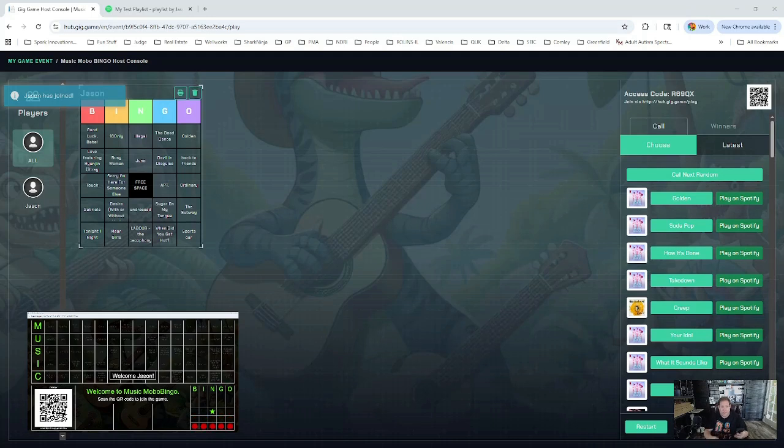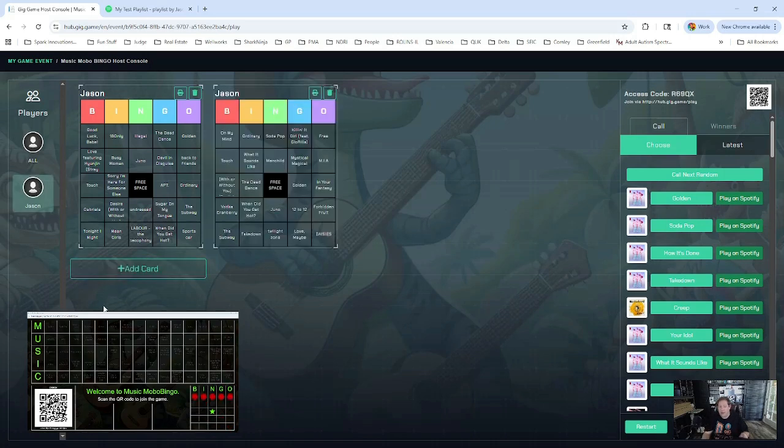It popped across the HUD, and suddenly my card appeared on the screen. And because I joined, it instantly gave me a card on my screen. Now, at this point, if I was a nonprofit and I wanted to sell cards as a fundraiser, what I could do is come here, highlight Jason, and say, "Hey, here's $1 for my card." I say, "Okay, you got another card now. Now I have 2 cards."